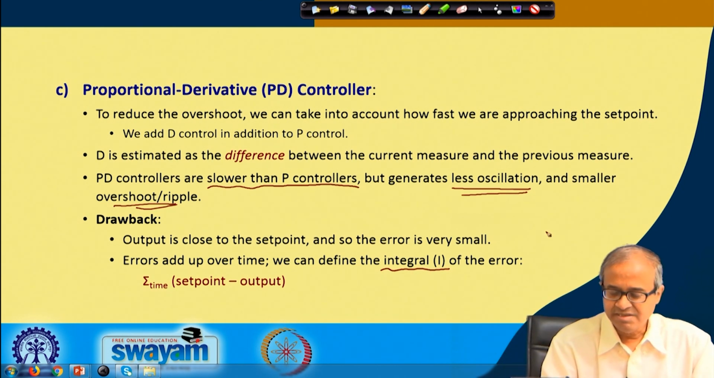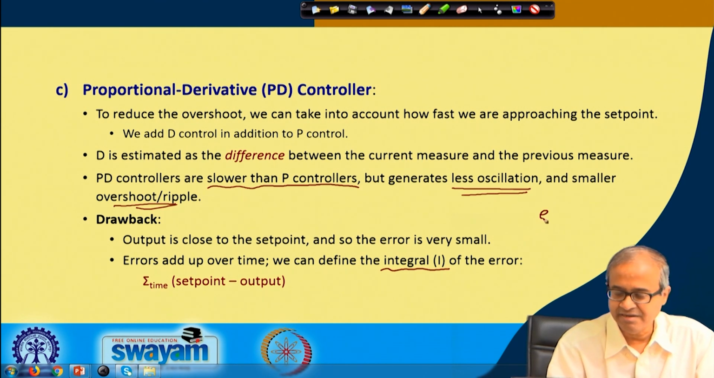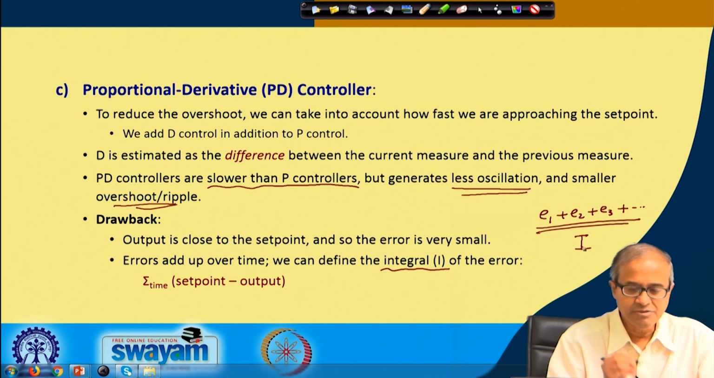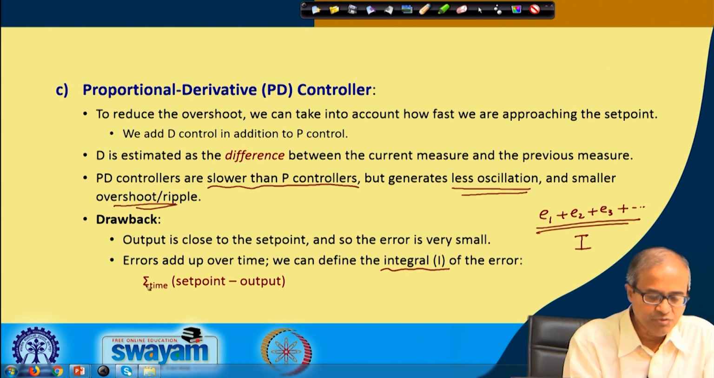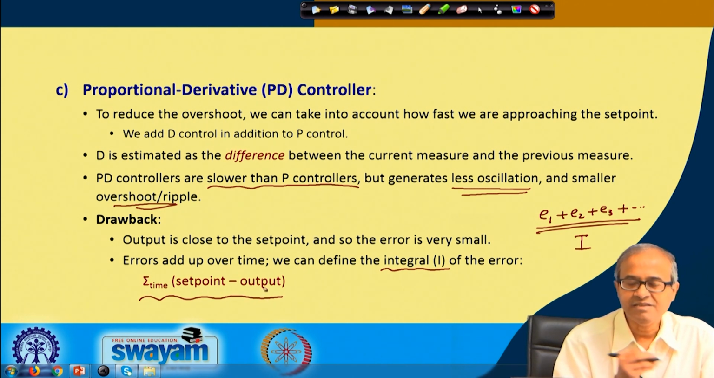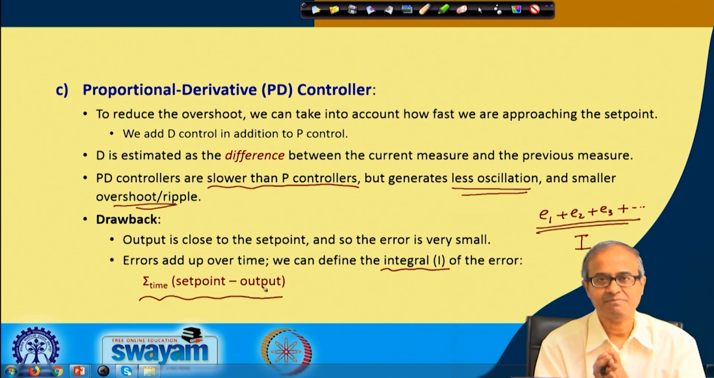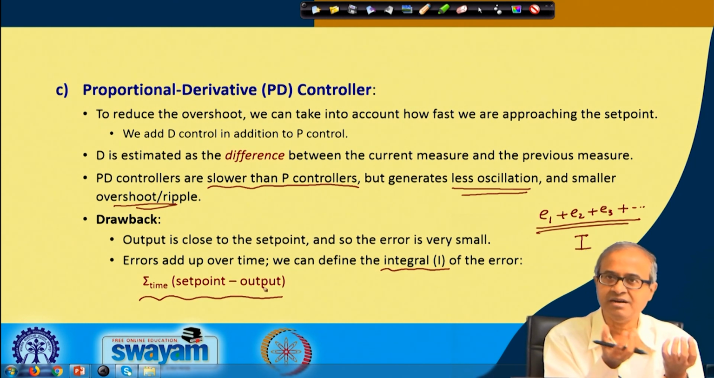If you just add up the errors, that means set point minus output, that means error 1 plus error 2 plus error 3, this will define the value of the integral. So, you can add a third point where summation over time of this error will give you how much error you are accumulating over time. So, you add this third term in your